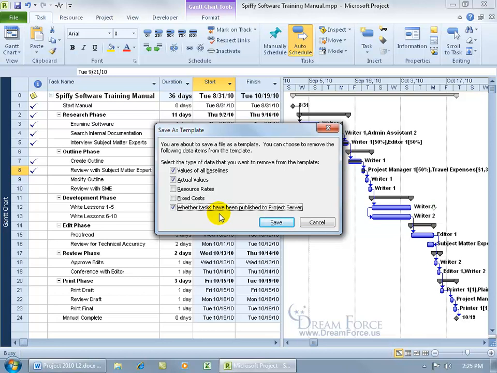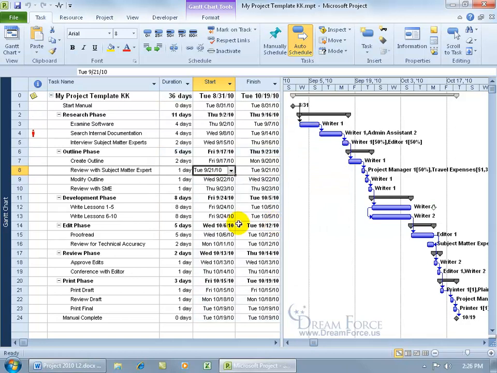In any case, if you want that to be removed, if it's been published before to a server, then go ahead and check it and click Save. And then once you save it, if there's any additional modifications you need to make to it,